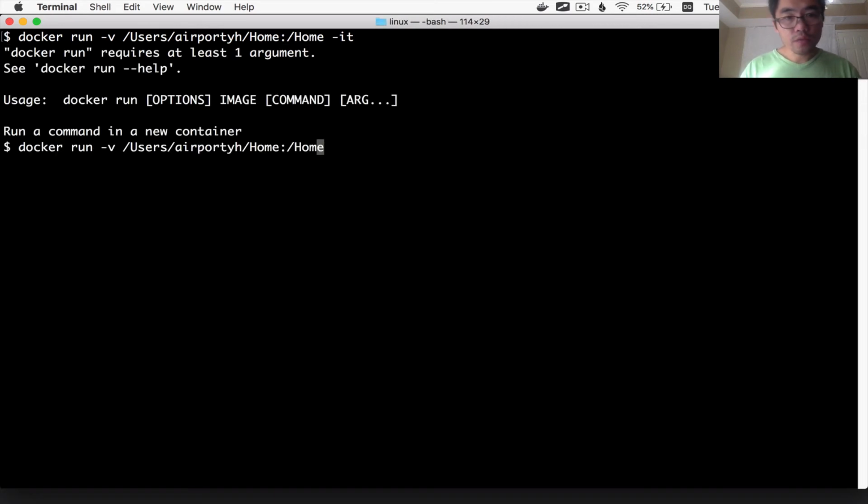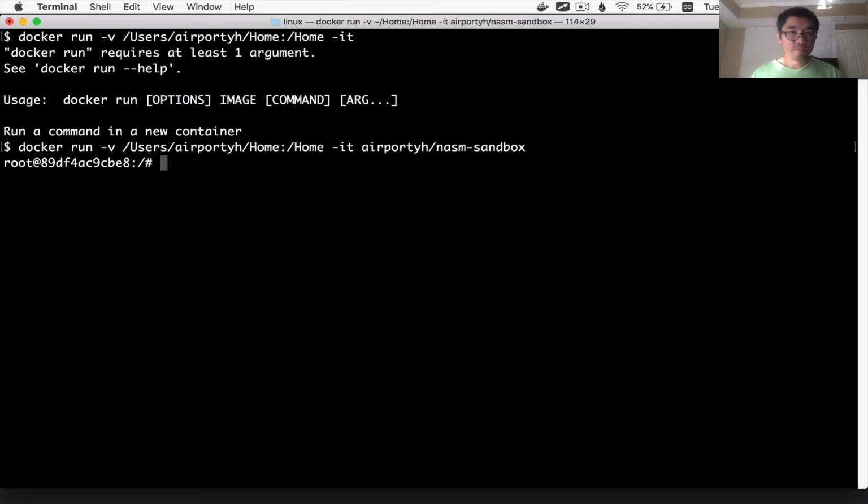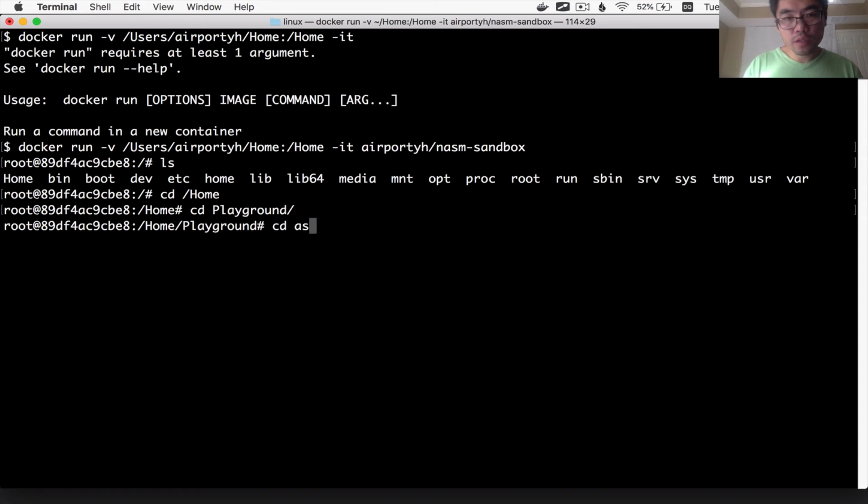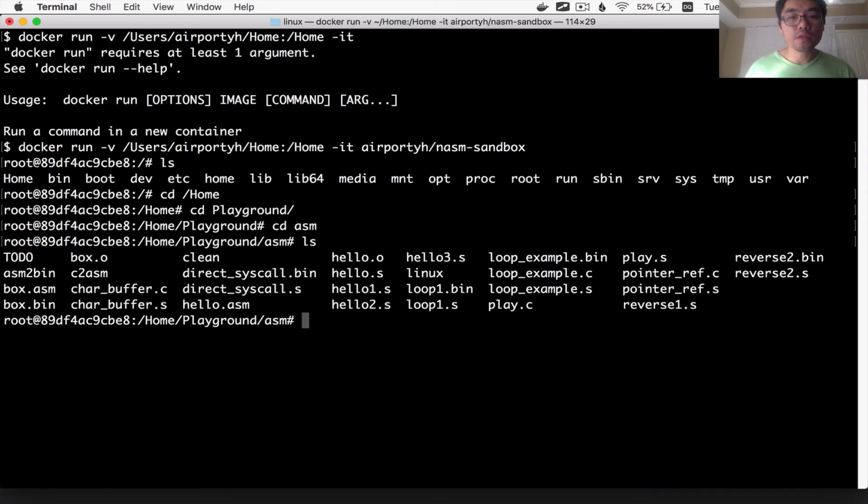I need to write the name of the container, which I forgot. So I use my NASM sandbox image, and now it has spawned a new container, and I'm running inside of the container. And in my home directory, I have a playground directory, which has an ASM directory, which has all my ASM files.